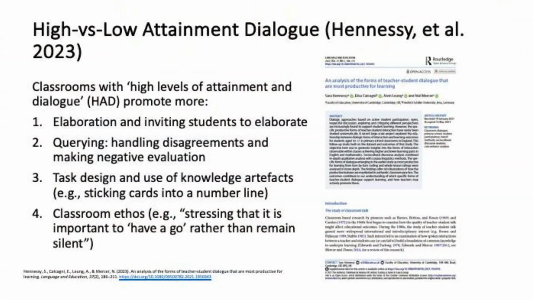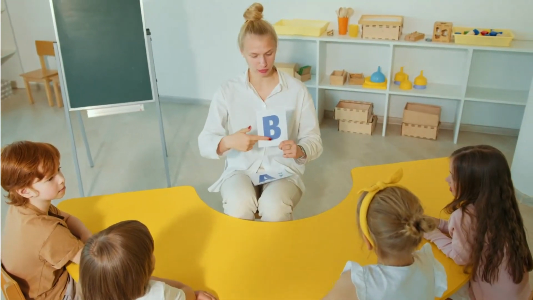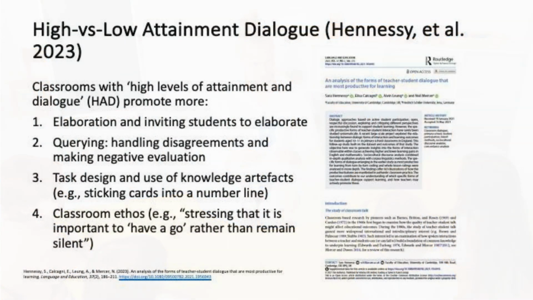Students who achieved high attainment in their classroom were engaging in dialogue that involved elaboration and inviting students to elaborate, querying or handling disagreements and making negative evaluations effectively. They were looking at task design and the use of knowledge artifacts like sticking cards into a number line. They're looking at classroom ethos as well. So what are some of the beliefs that are going around the room and what are some of the thoughts around effective dialogue? For example, stressing that it is important to have a go rather than to remain silent